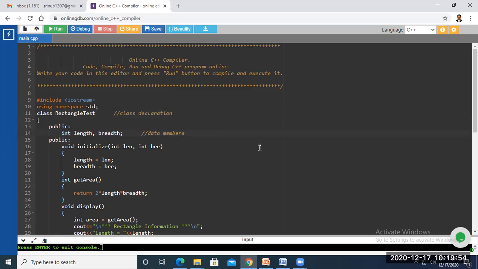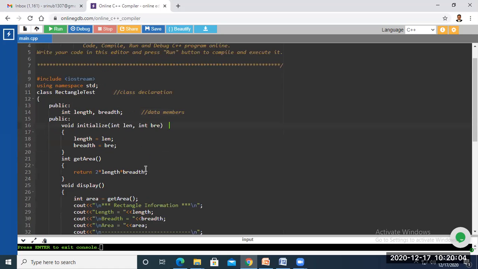Length and breadth are declared as data members. Both are integer type, and these are public variables only, right? So then member functions. What are the member functions here? Here we have three member functions: initialize, getArea, and display. Three member functions we have to define here, and these member functions are defined inside the class itself,